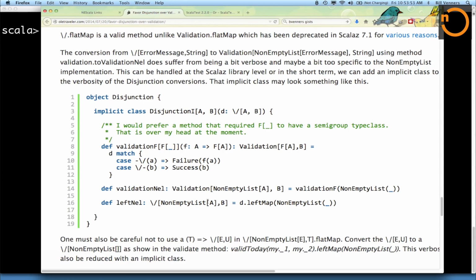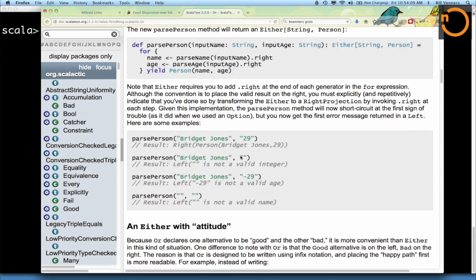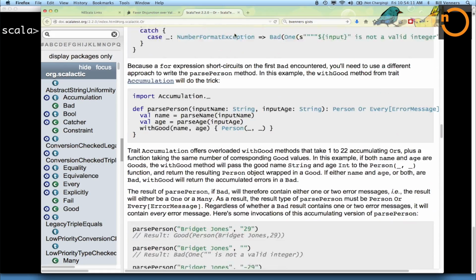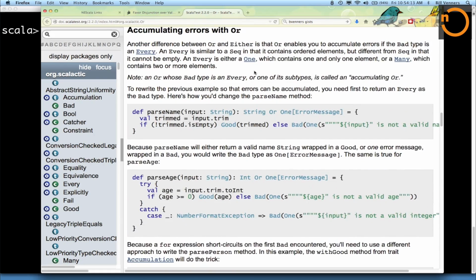So that's the kind of thing where having two types adds some complexity. I mean, type class coherence adds simplicity over here, because when I look at validation, I know what its applicative does. But then the complexity pops up somewhere else. Okay, so the way that looks in Scalactic, where we don't have two types, is one thing I did was